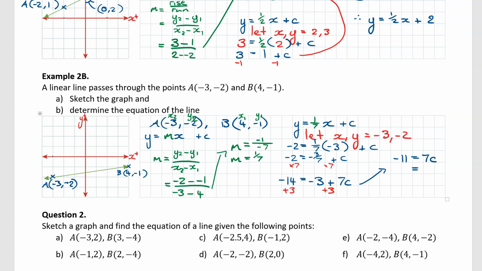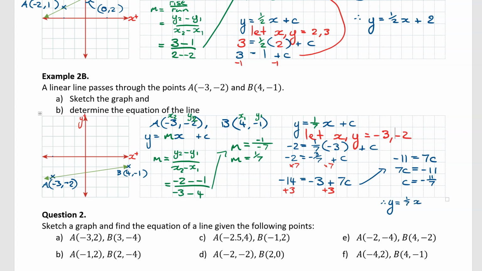Rearranging, we get 7c equals -11, and therefore c is equal to -11/7, because we divide both sides by 7. So therefore our equation of this line is going to come out as y equals